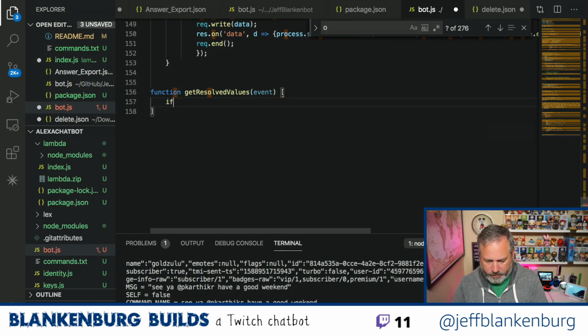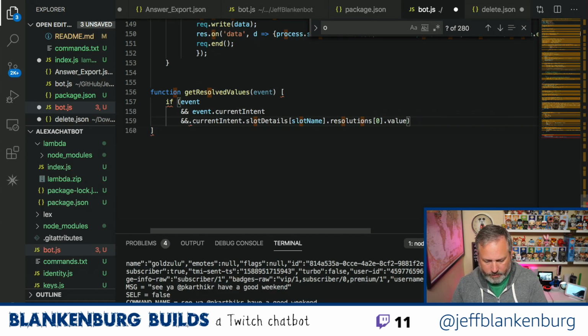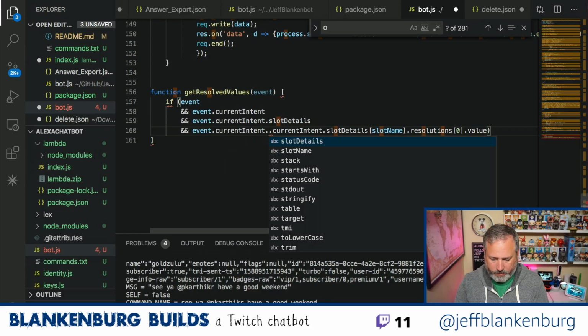And in here, we're going to do an if on each one of these steps. So event, if it exists, and event.currentIntent, and event.currentIntent.slotDetails, and event.currentIntent.slot, I don't know what the slot name is.